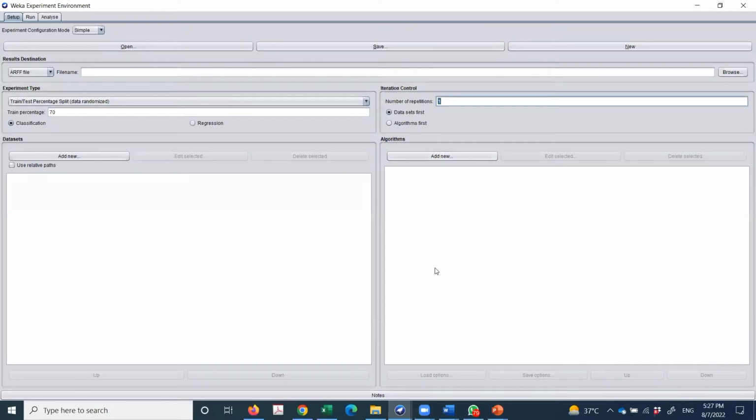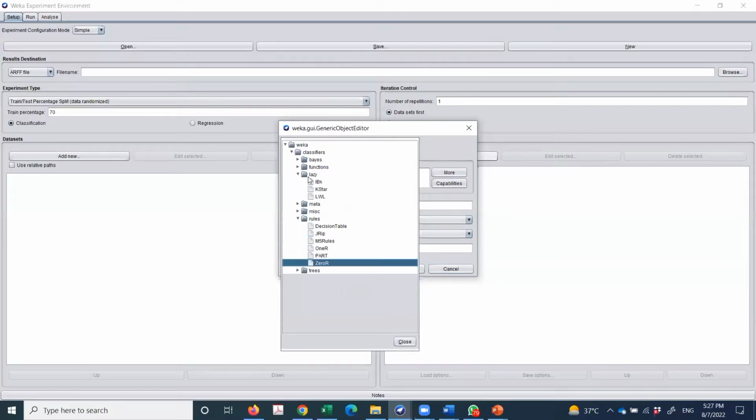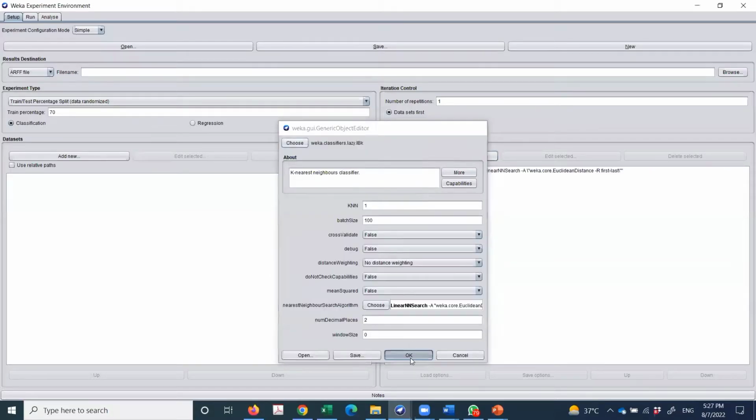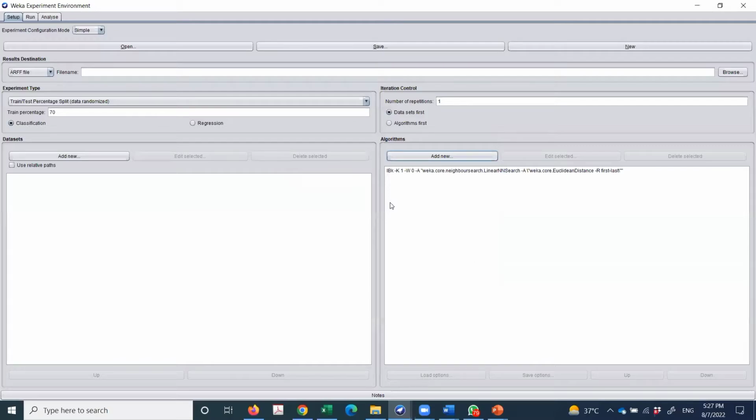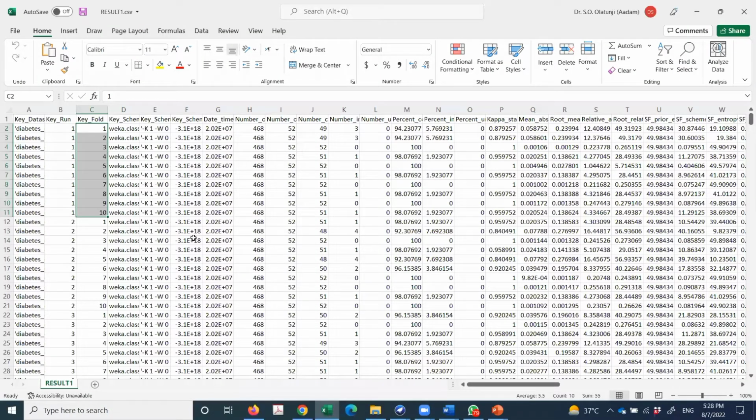I don't want repetition. And I start adding my data as the case may be. My algorithm, as we have done, add the k-nearest neighbor for 1, and you do it for all of them, and then you run the experiment. You click here, and then you can start, and it will run your work. However, let me clarify the file. You can see that here in this file, the